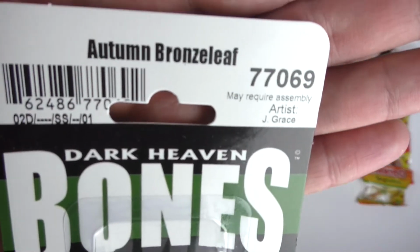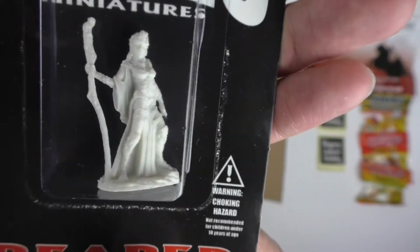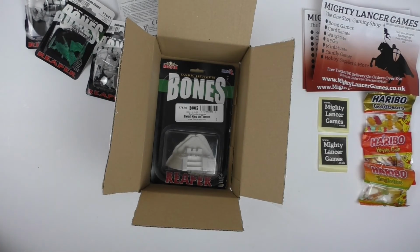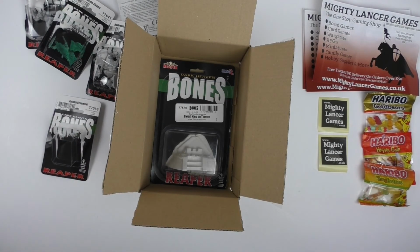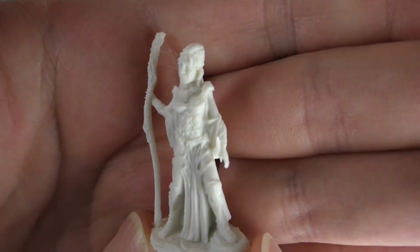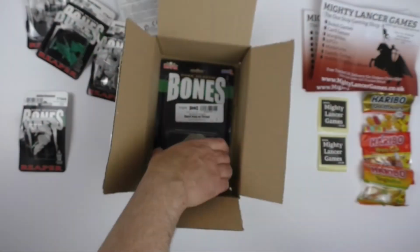And then Autumn Bronze Leaf. That's so elegant looking after those mushroom men. Let's have a look at Autumn Bronze Leaf. What a beautiful name. I'm guessing Elven. And finally,